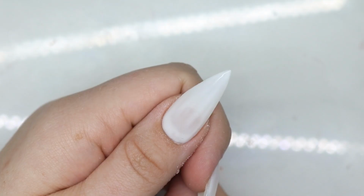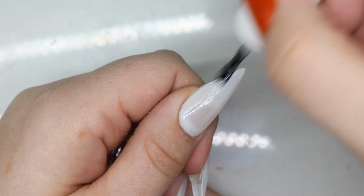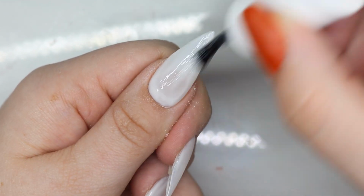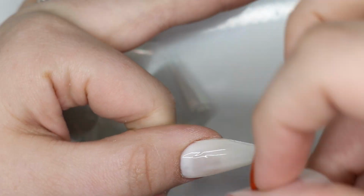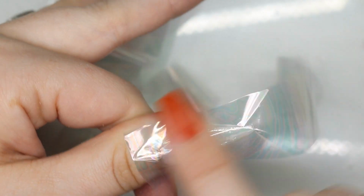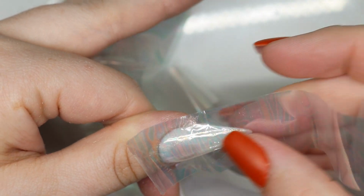Going to take the nail art foil and I am going to apply this on my thumb and my ring finger, and we are going to stick this clear hollow foil down. I wanted to add a little bit of dimension here to give a subtle pop. On the ring finger, it doesn't really come through once I put the Oogie Boogie over it, so